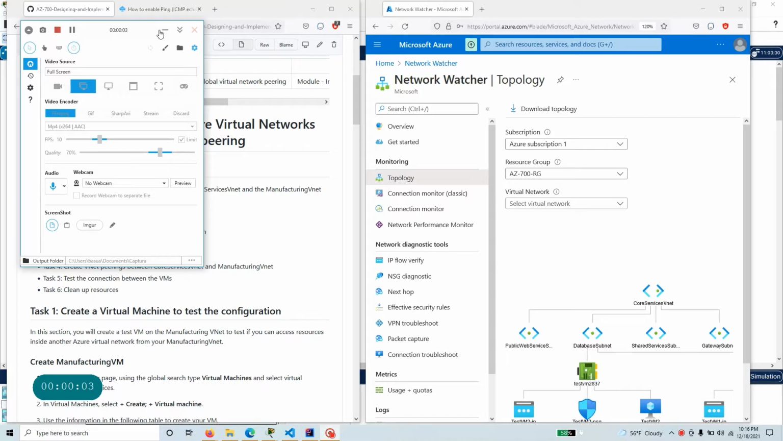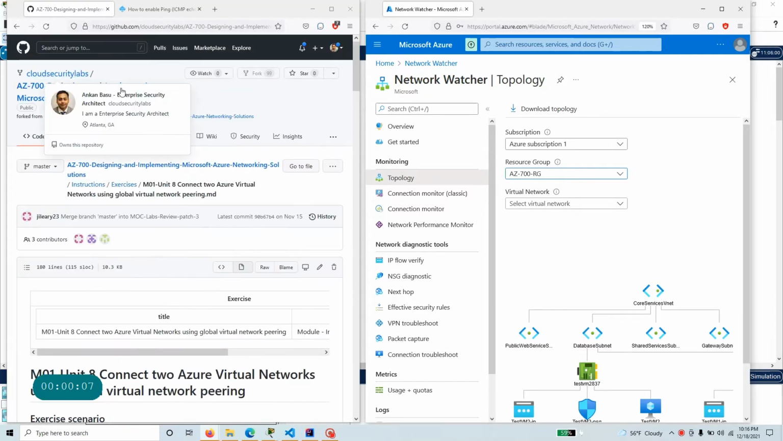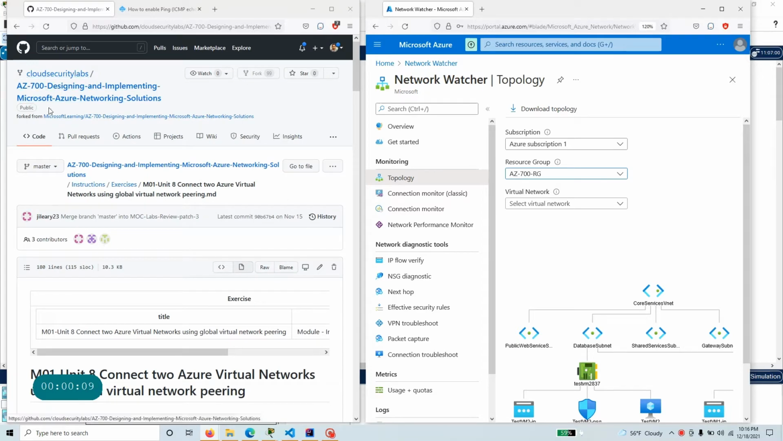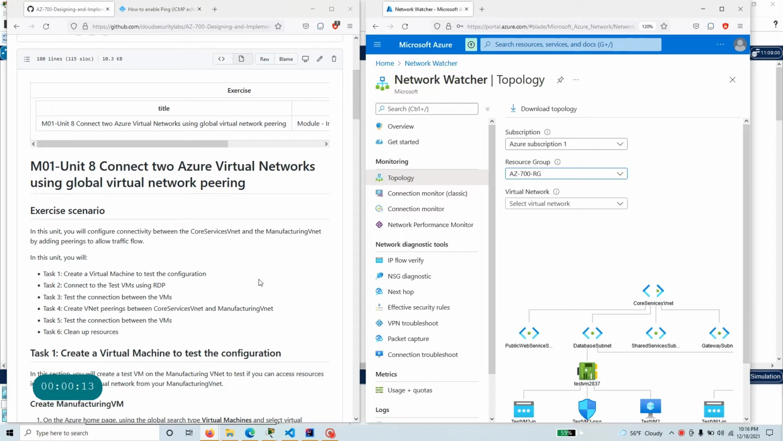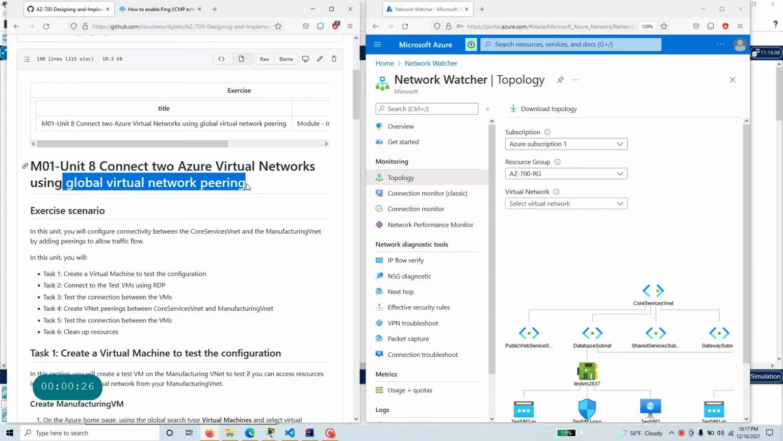Hello everyone, welcome to the fourth video in the AZ-700 series of labs, a certification geared towards networking. In this one, we would like to connect two Azure Virtual Networks that are deployed in two different regions, and we will enable network peering so they can talk to each